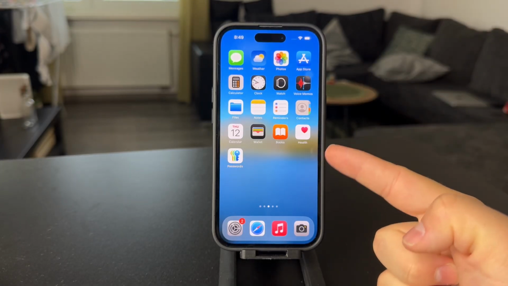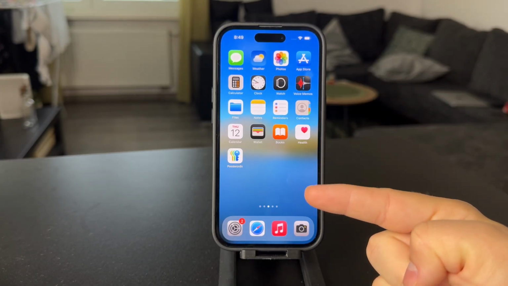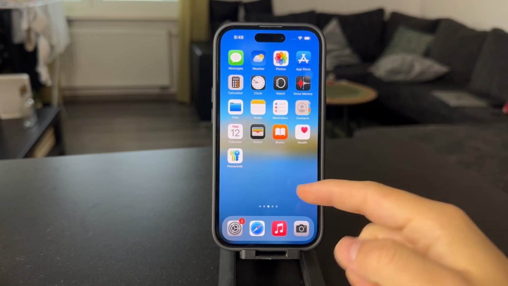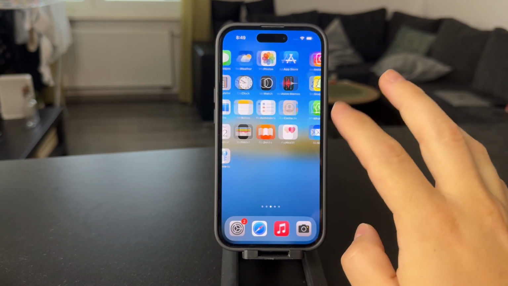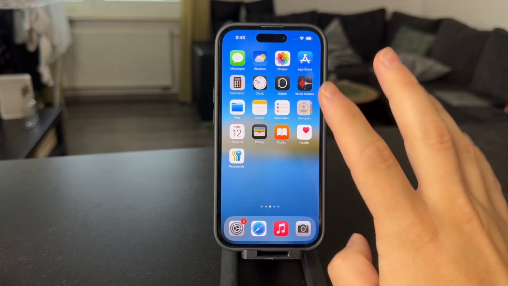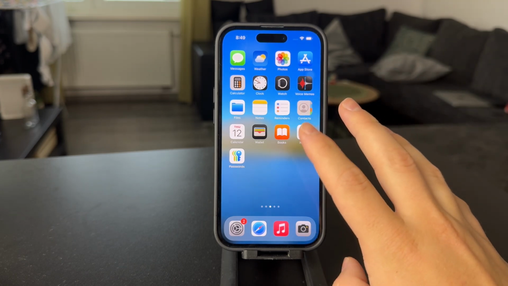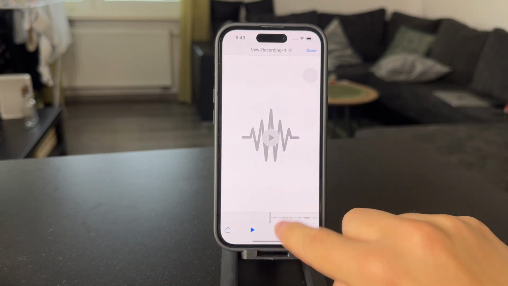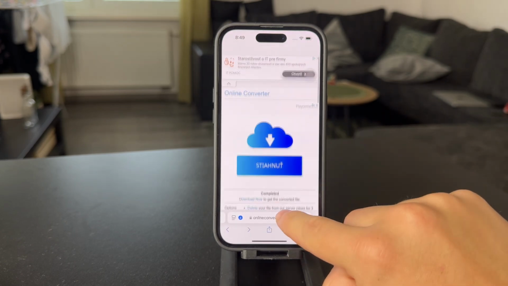Now, here's how you can build a random number generator iPhone app. I'm not going to be talking about using Xcode or programming, I'm not going to be doing anything like that. But what I'm going to show you in this video is how you can simply add anything as an app